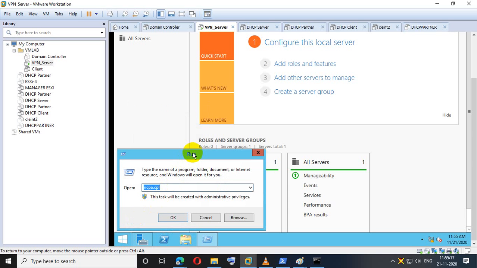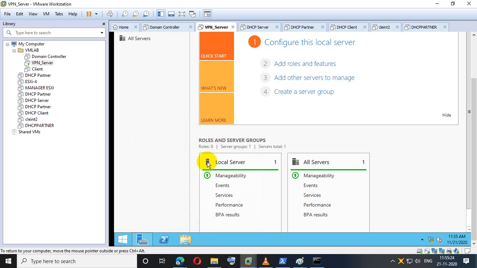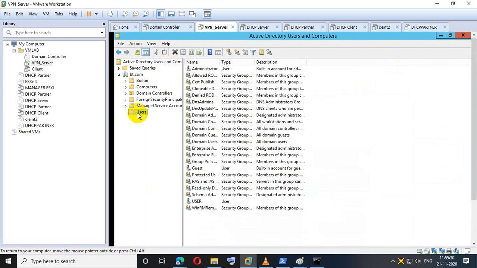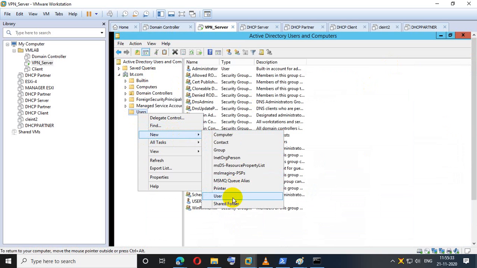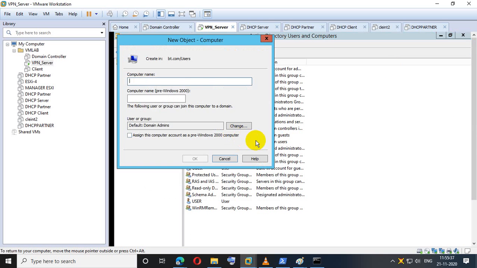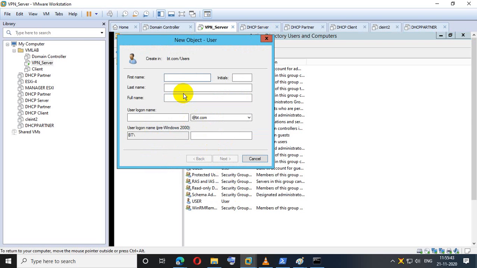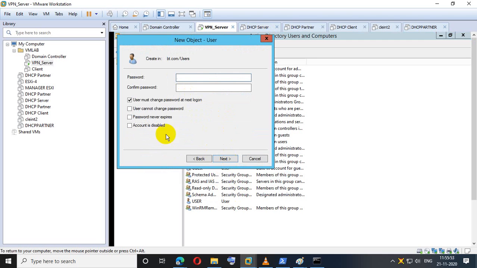So that is the domain users. Okay, that is domain admin.